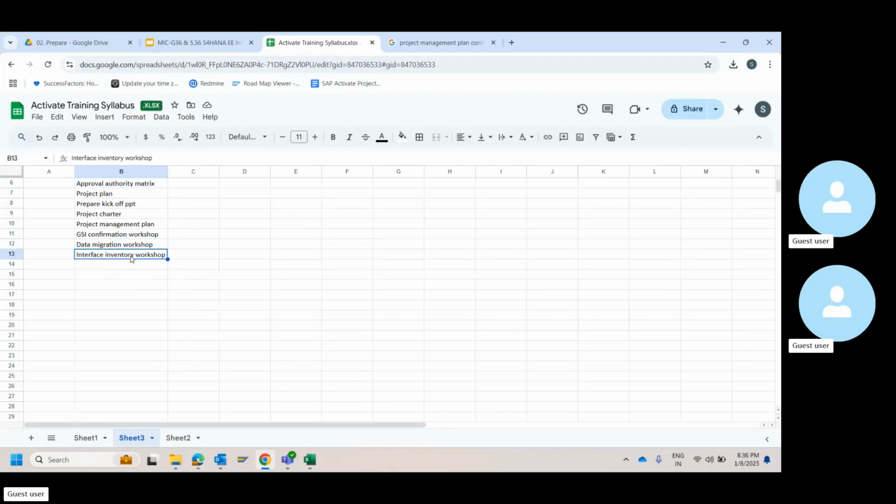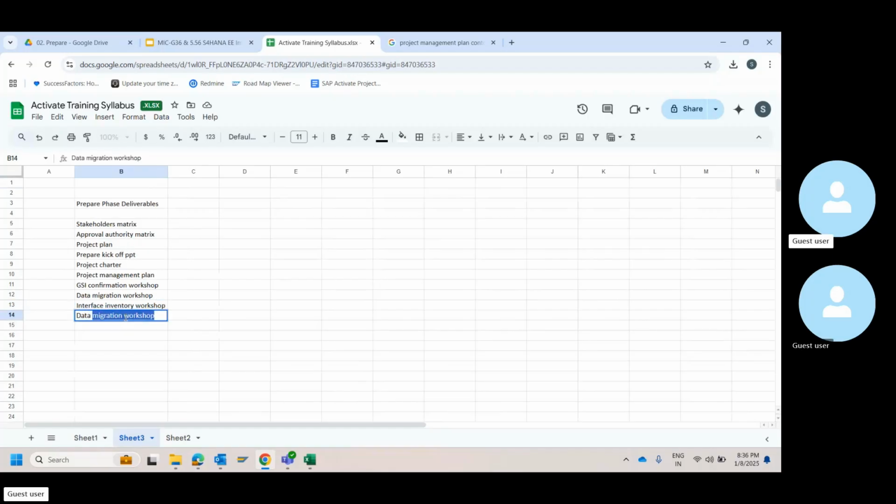They prepare a similar report for integration. What is inbound? What is outbound? What is the type of integration? Whether it is synchronous, asynchronous? What is the scenario? What are the fields? All these things they will prepare, and then they'll prepare a report, submit it to respective people, and get it confirmed, get it acknowledged. This is the deliverable.